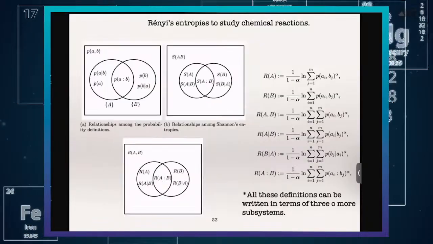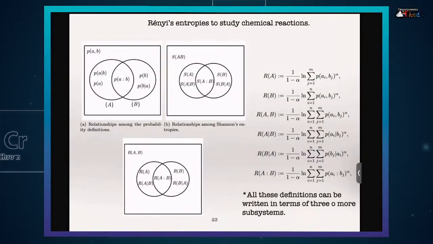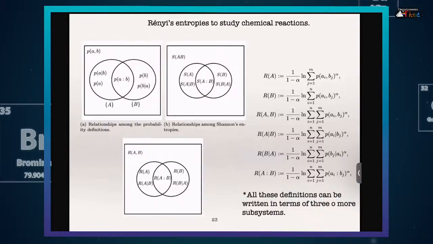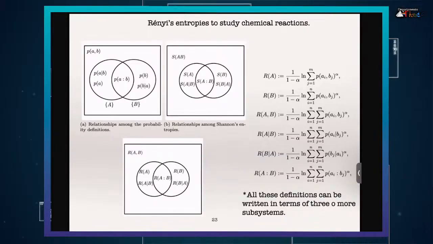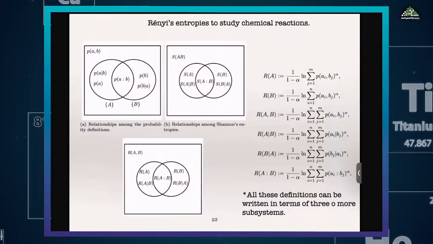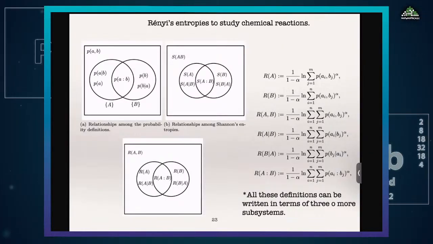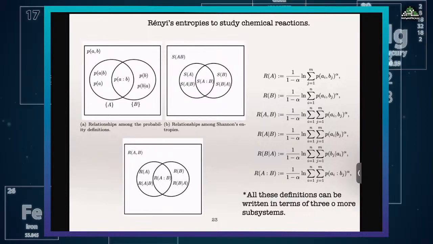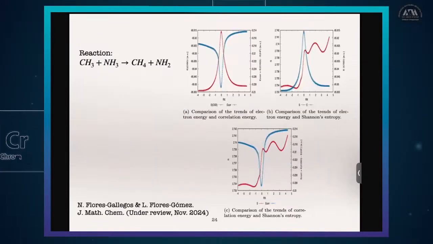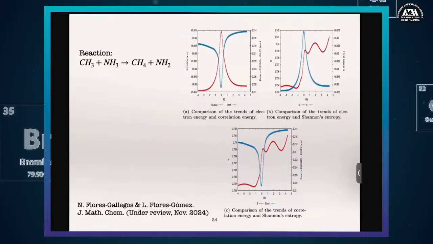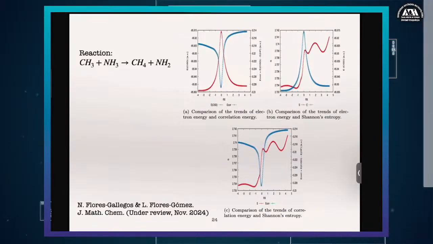In this case, we have those range entropies that we can define in terms of two or more subsystems, and in this case, we have the following expressions. Okay, so in recent work, we are studying some chemical reactions using these expressions of range entropy, and in this